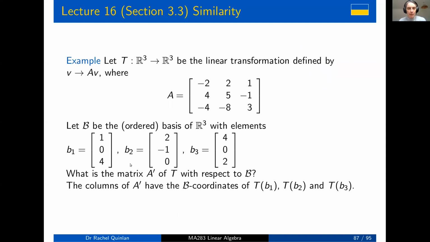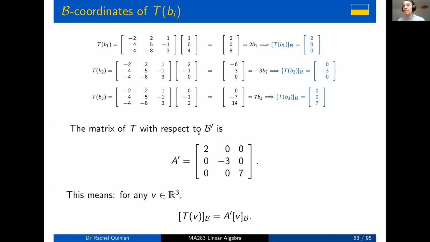Now, in this particular example, we started with the basis, which happened to be nice. We didn't know that. Well, you didn't know that in advance. I did, because I chose it carefully, but it wasn't obvious at first glance that this basis was special for that transformation. So of course, a question that we're going to look at is, if you